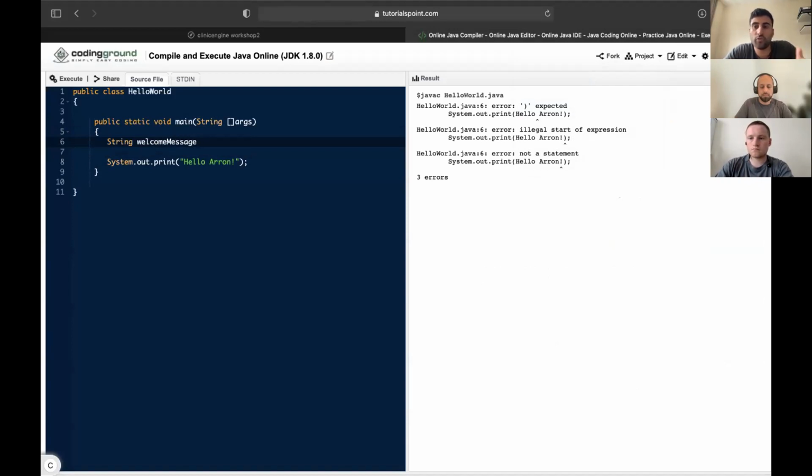Welcome message. And remember, just something to note, all your variables, this is something called camel case. So the first letter is lowercase. So your variables should always be lowercase to start with. And then you can't have spaces, otherwise it comes up with an error. So they all have to be one word. And just so you can read it easier, we use a capital letter instead of a space for the next word. So I've initialized this variable. It's a container almost that's containing welcome message. And then I can assign a value to it. So welcome message equals